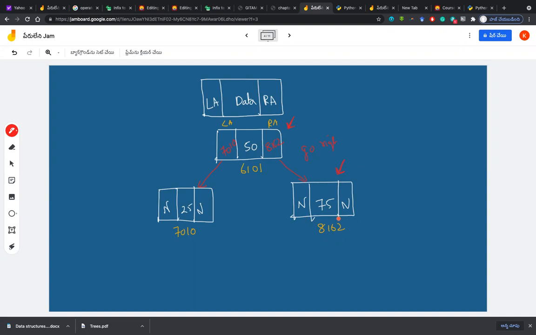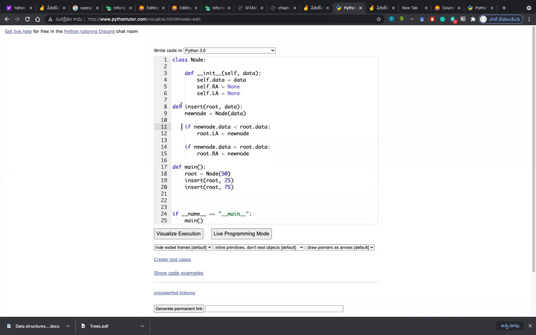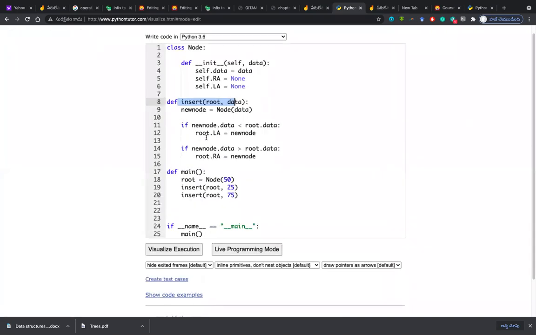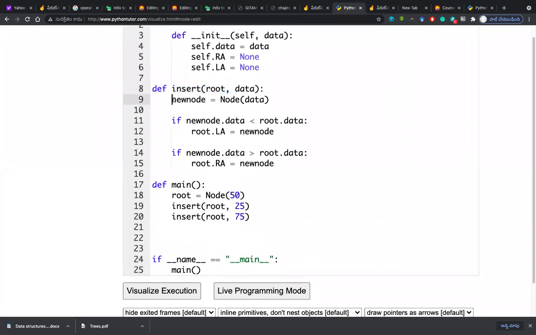Then my doubt is, when main is calling insert of root, we can directly go to this insert function, creating a new node and seeing where we have to place it. Until now, fine.